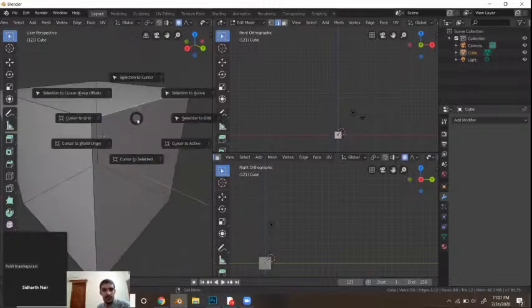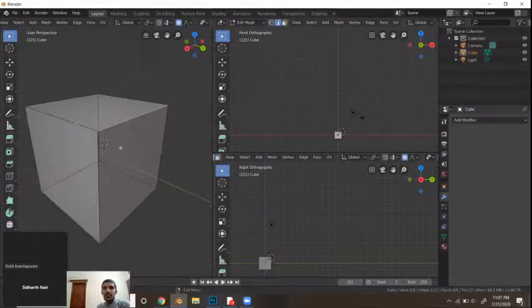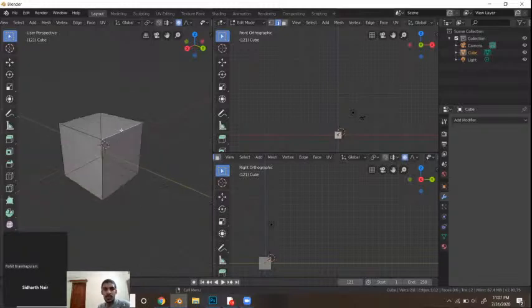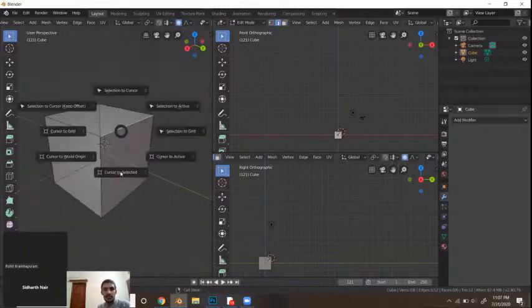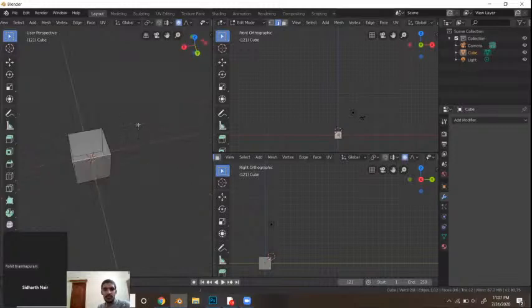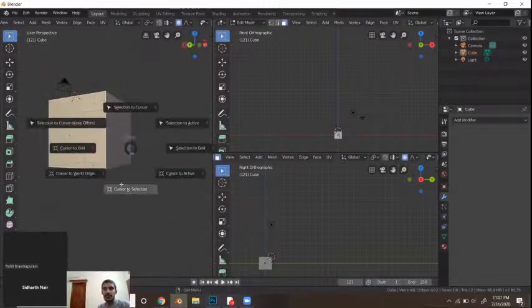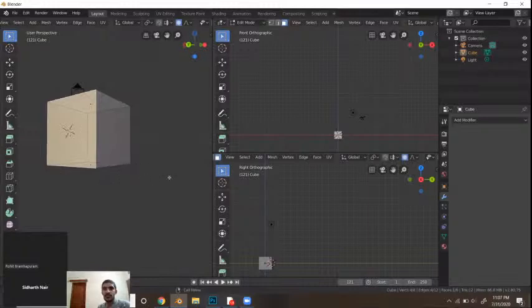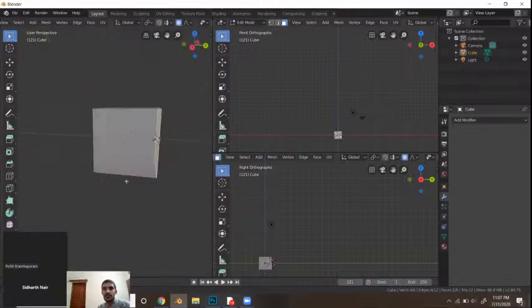Then you go to your snap mode, Shift S, click any edge or any face you want, and choose Cursor to Selected. What this does is it snaps the cursor towards the center of anything, be it an object, an edge, or a face. So if I go to 3 and select this face and press Shift S, Cursor to Selected, you can notice that it has